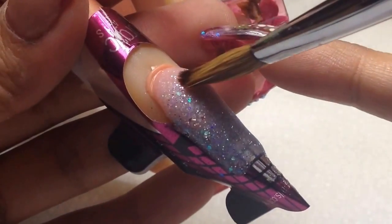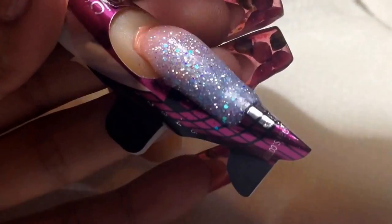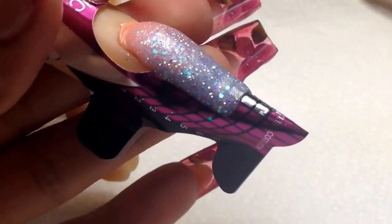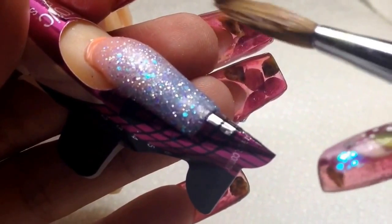Okay ladies, I have started here. I added the rose here and the silver glitter here. I connected them together, gliding them up, brushing the glitter up. You want to make sure it's nice and thin, not too fat. I'm doing it sculpted here; you could do this with tips as well. Just make sure it's not too thick, because you have to remember you're going to do a 3D flower inside